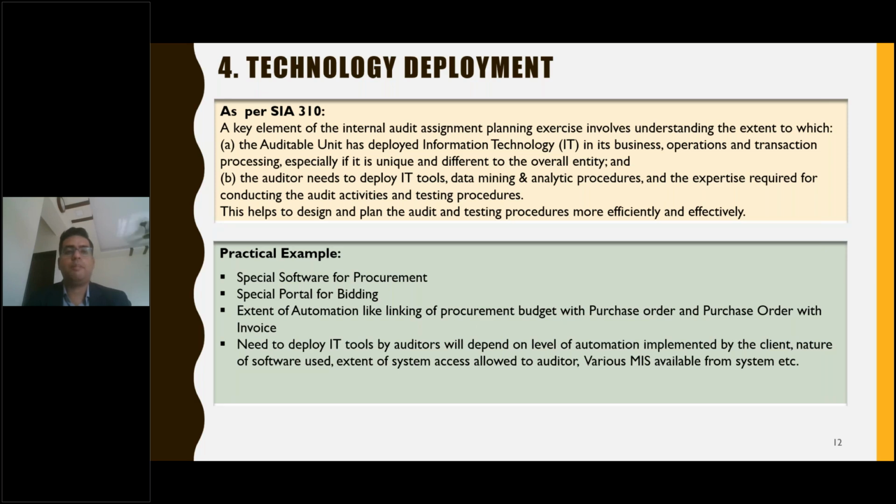So it is very important in the planning stage to understand the IT environment of the client. SA 300 mentioned that a key element of the internal audit assignment planning exercise involves understanding the extent to which the auditable unit has deployed information technology in its business operation, especially if it is unique and different to the overall entity. It means there can be special software created by the company which is not universal software available in the market. And the auditor needs to deploy IT tools, data mining, analytical procedures, and expertise required for conducting audit activity and